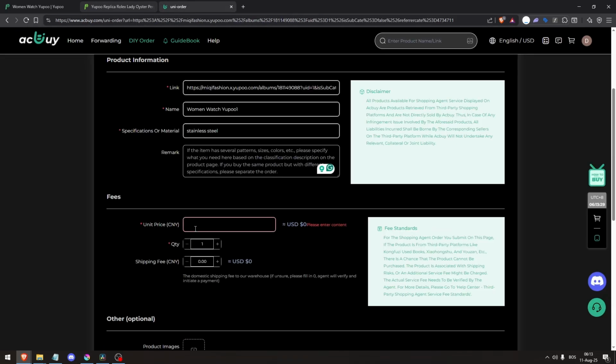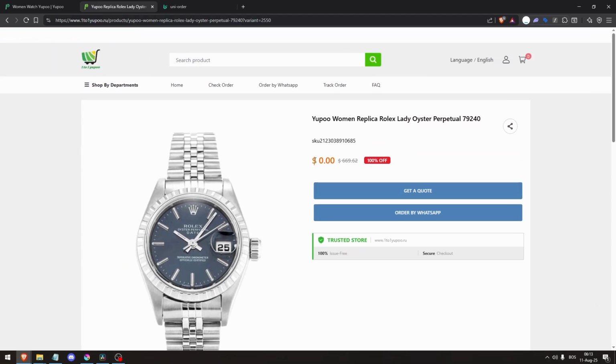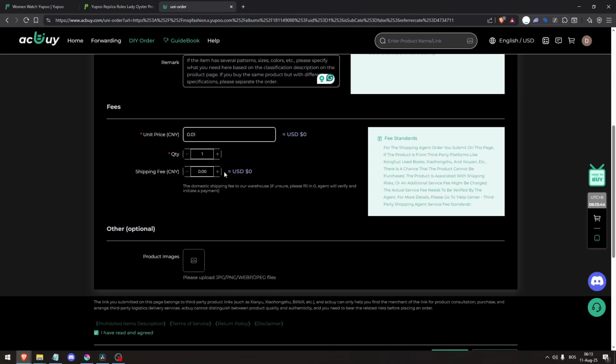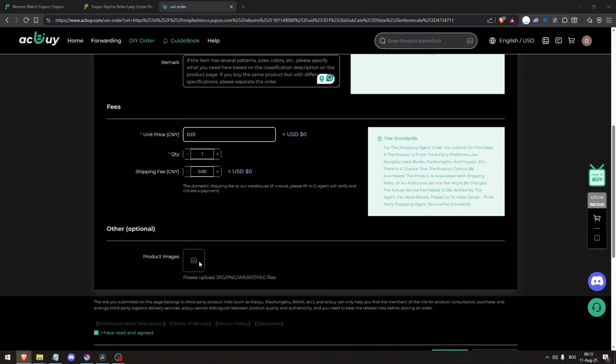Then use ACBUY's estimator tool to calculate costs, product price, domestic shipping, international freight, and optional packaging options. Then once you confirm your order, the orders will move through phases like pending, purchased, seller shipped, and warehouse received. And then when you select your preferred international shipping method, a tracking number will be provided to you once it